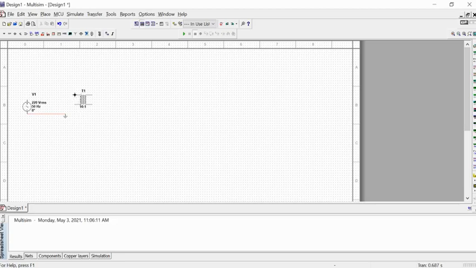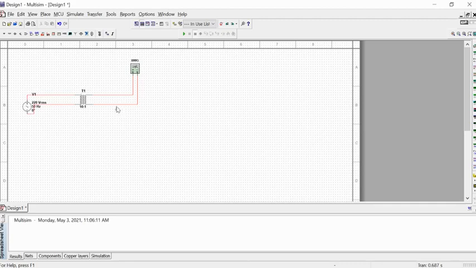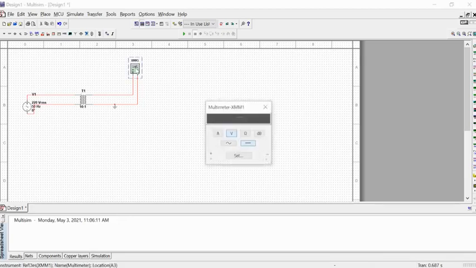Now I just connect it here like this. We don't need ground here because I'm connecting a transformer to it. So I just connect the primary coil of this transformer to this AC source, and at the output I want to check what I am getting. So I just place a multimeter by clicking on multimeter. You can drag it here and place it, then wire it with the output of this transformer like this, and then you need to place the ground as well. So I'm just grounding the circuit like this. Now the circuit is completed. Now you want to check whether your circuit is working okay or not. First you open this window.